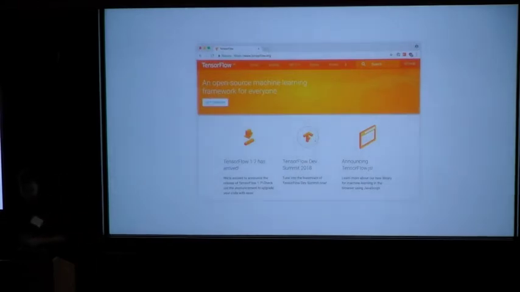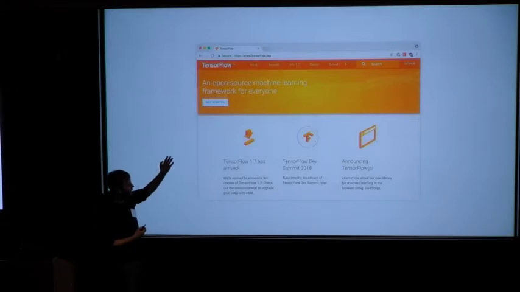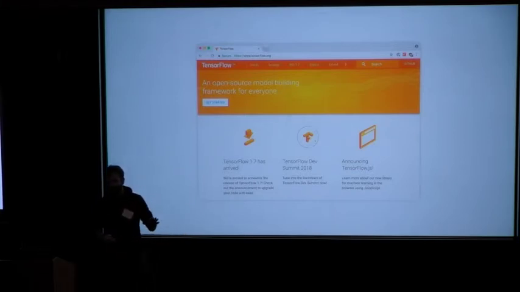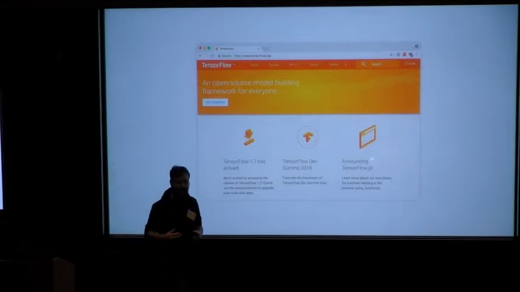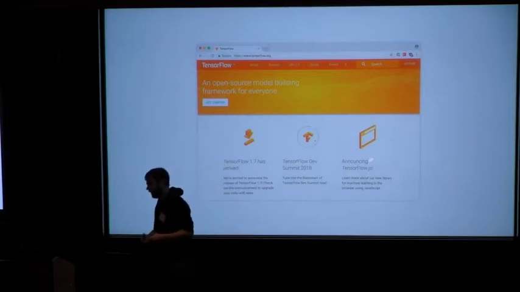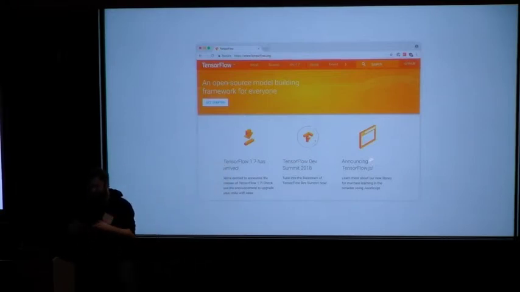So here's an example of a tool from machine learning. It's called TensorFlow. It's marketed as a machine learning framework for everyone, but I went in and fixed their website. It's actually much more general than that. It's a model building framework for everybody. Basically, machine learning is just a fancy name for building models and fitting them to data.